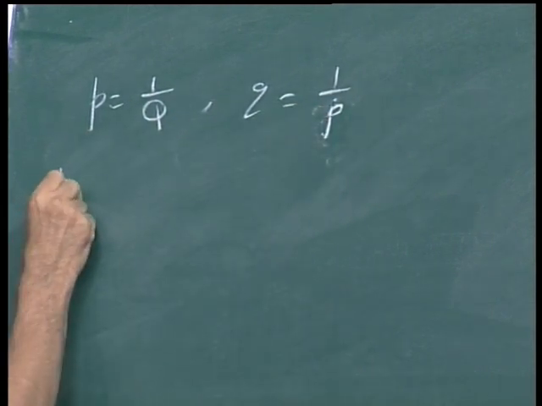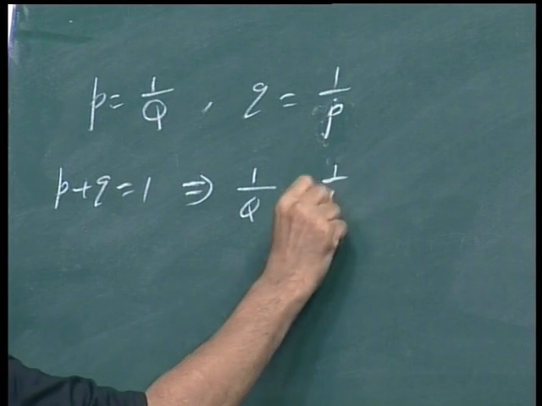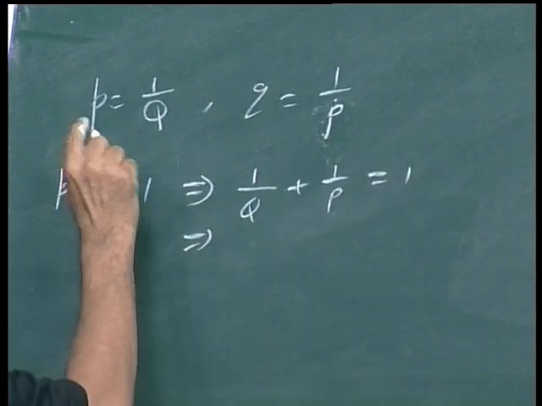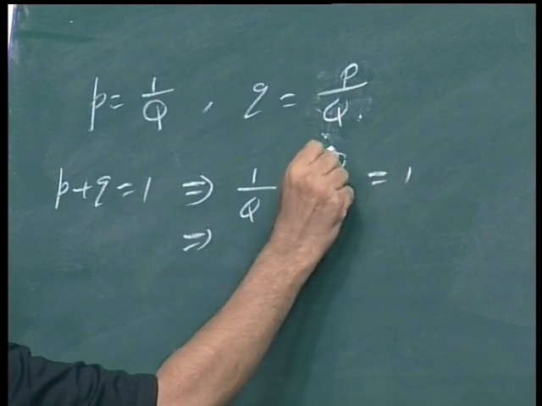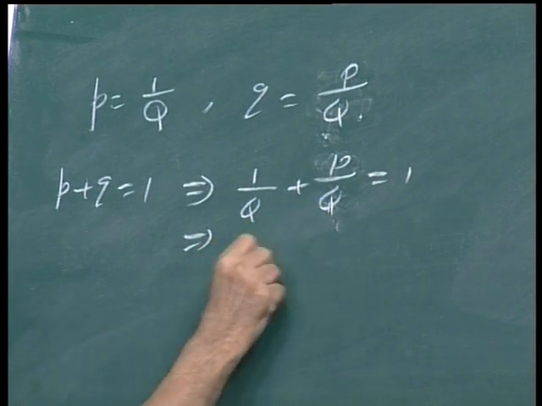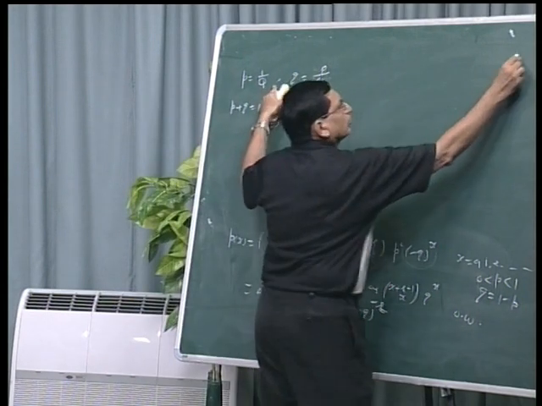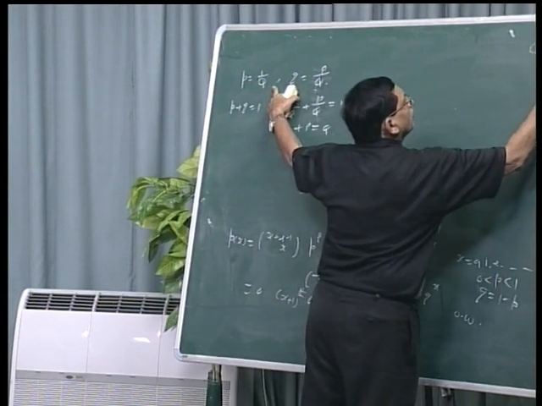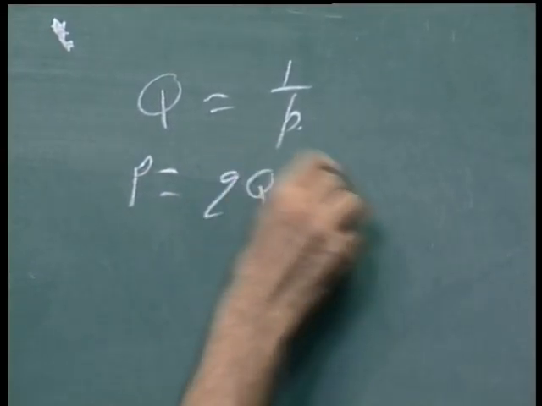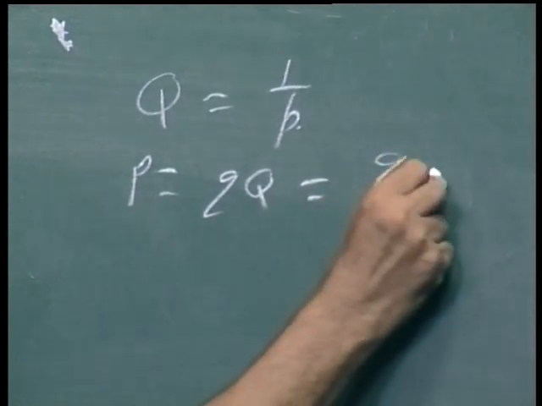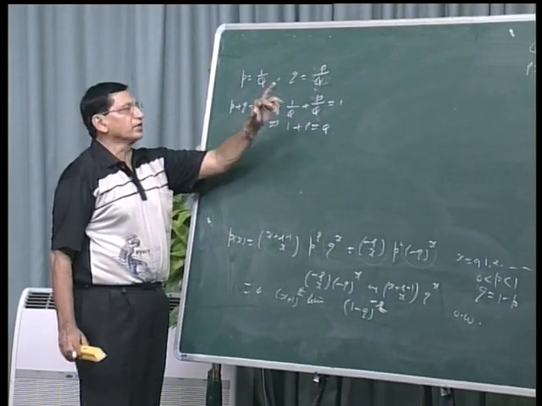So since p plus q is equal to 1, because q is 1 minus p, here we can say that 1 upon Q plus 1 upon P is equal to 1, and Q is equal to P upon Q. And therefore 1 plus P becomes Q. Remember that capital Q will be equal to 1 upon small p, and capital P will be small q upon small p. So when small p and q are given, we can find values of capital P and Q and vice versa